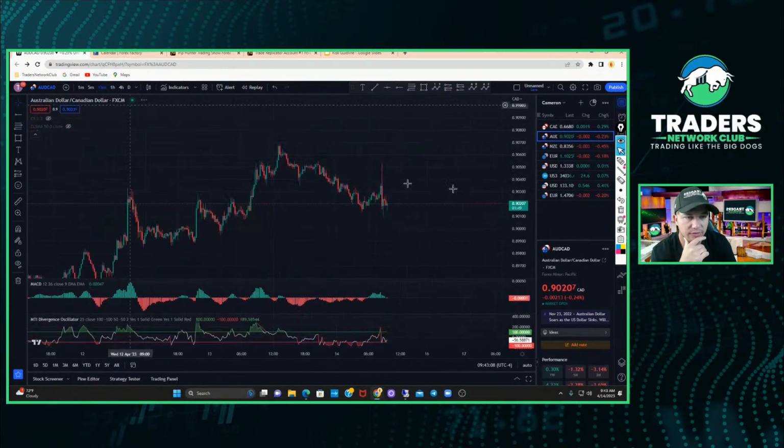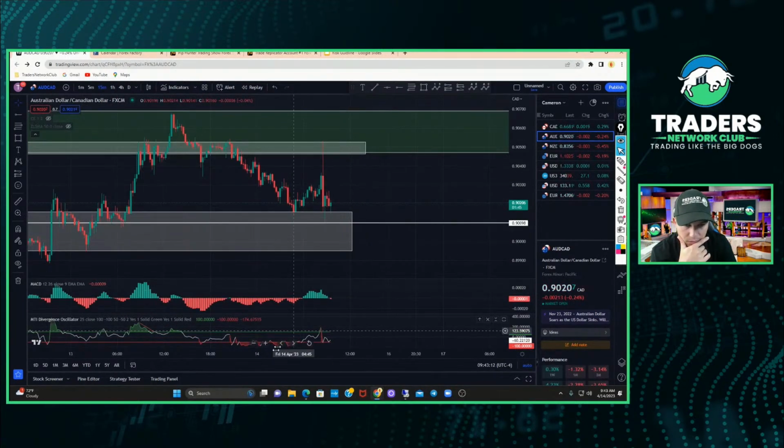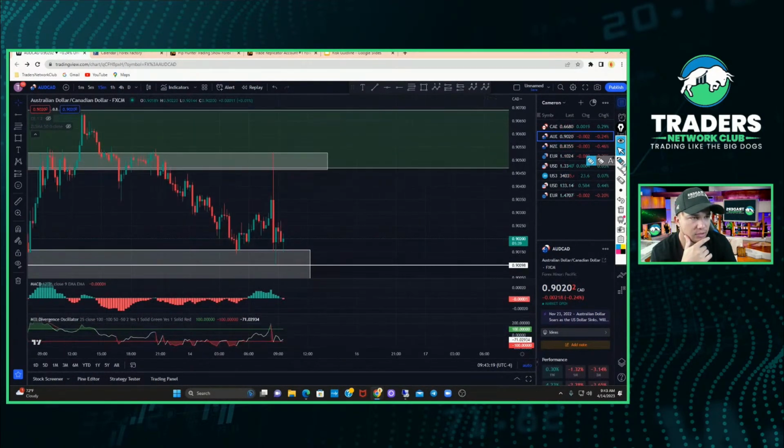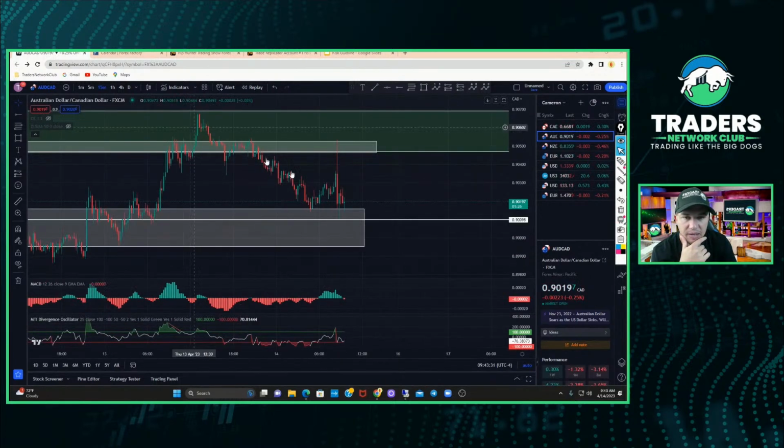So if we go back to the 50-minute time frame here, very choppy here on the 50-minute time frame. As you can see, just because of some news as well, we get these little volatile moves. Price went into the zone right here in this consolidation zone. So I'm looking for price to come back into this consolidation zone here on the Aussie CAD as we had this strong key